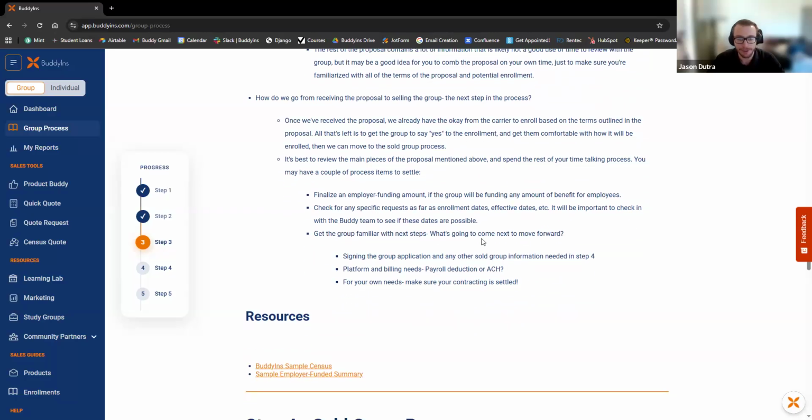And just get the group familiar with next steps. So it's important to be able to show examples of the landing page. It's important to let the group know that we put on educational webinars and to try to schedule the dates for those webinars. A lot of these items are covered in kickoff calls, which I think are a best practice